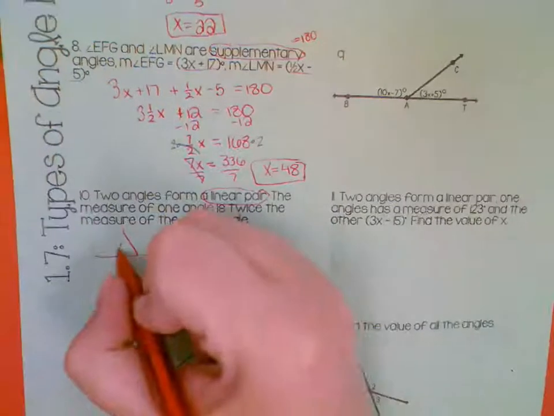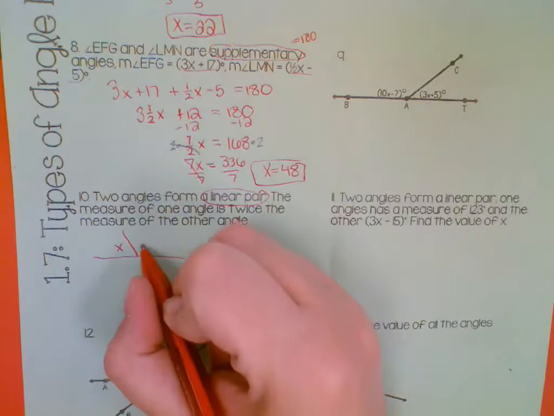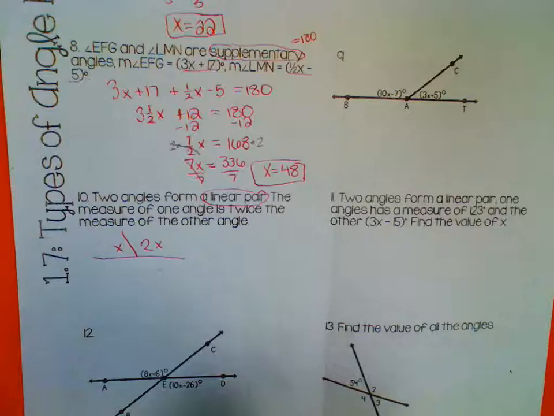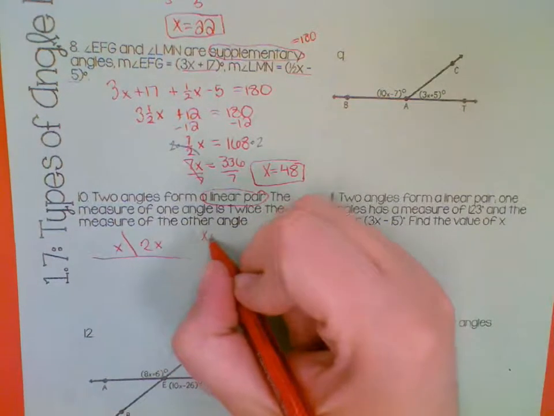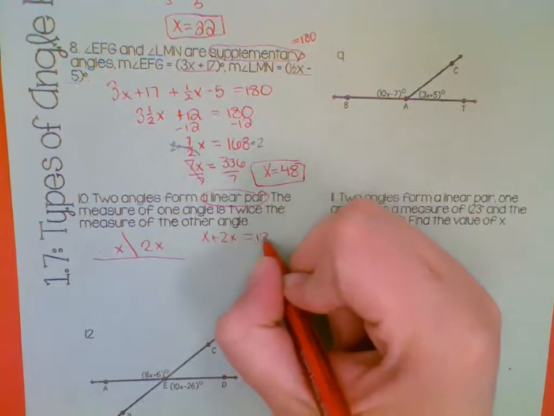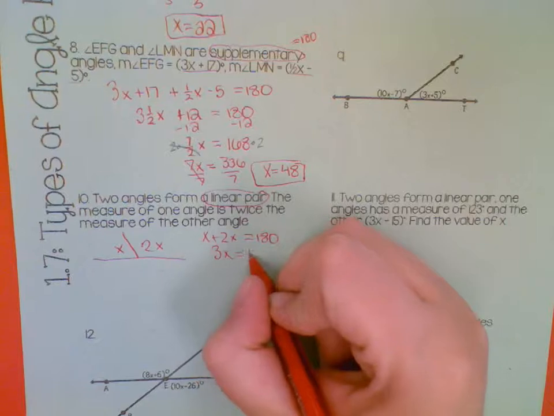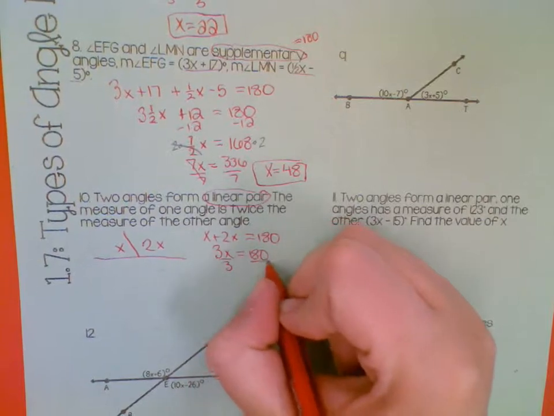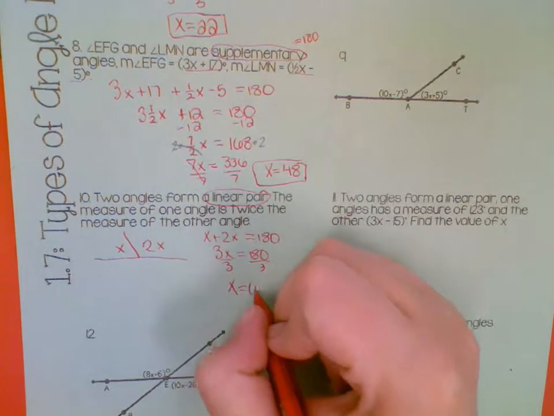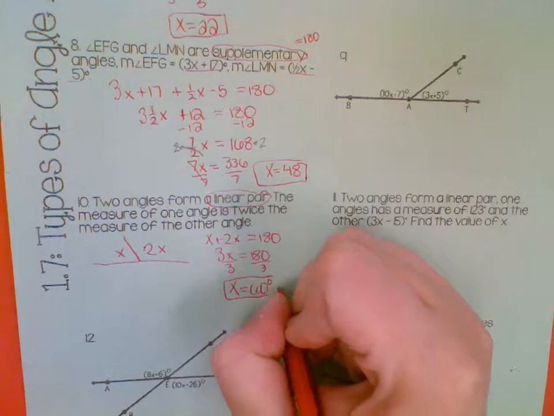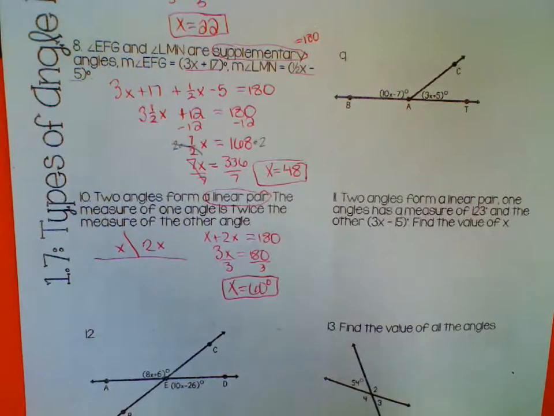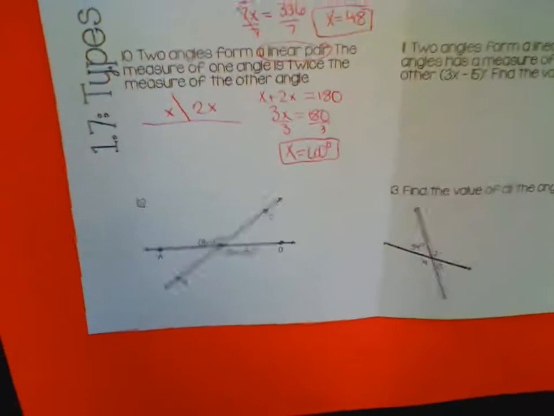So if this angle is x, how big is the other angle? Good, 2x. And we know that the 2 angles equal 180 because they're a linear pair. So that means that we get that x is 60. Very good. Okay, so down there on number 12,